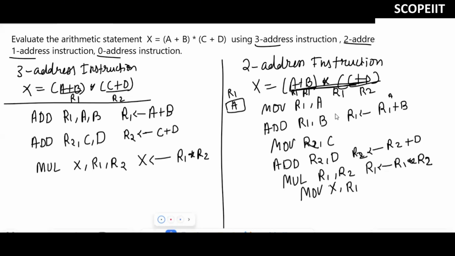Now let us see how to perform 1 address instruction. For 1 address instruction, what is the expression?